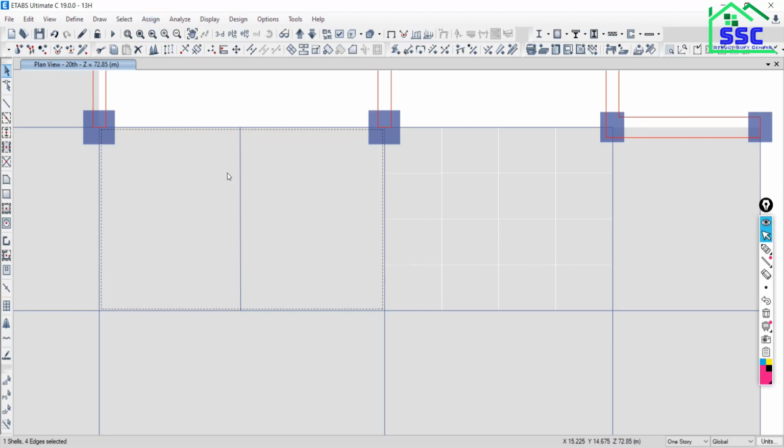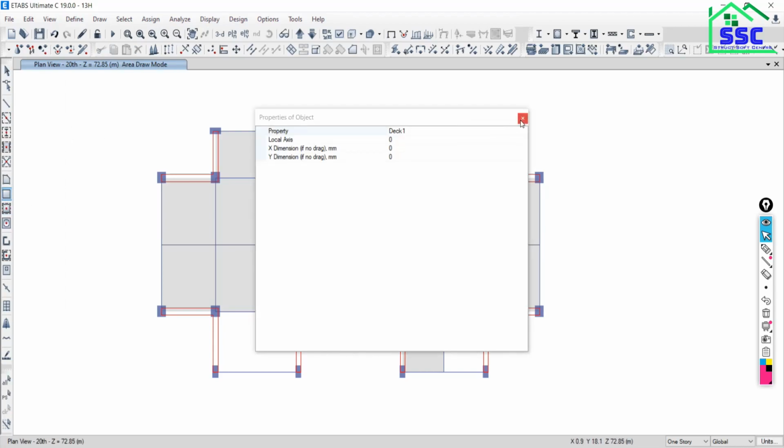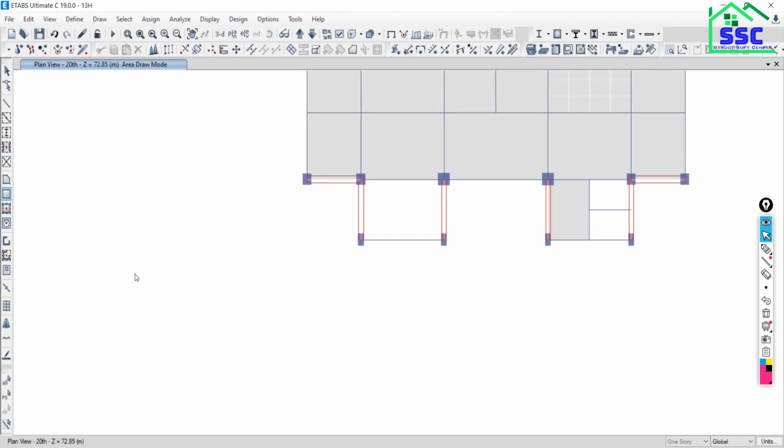So now suppose a slab is there like this. Just close this. If you want to trim this slab at its edges like this, a beveled shape like this.